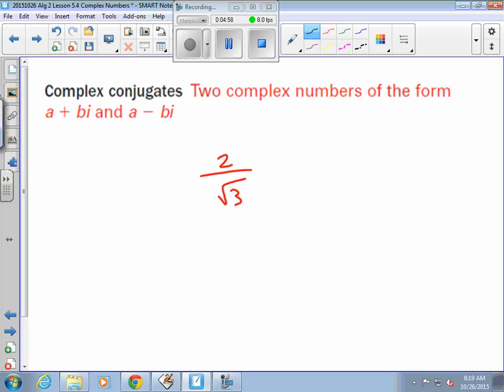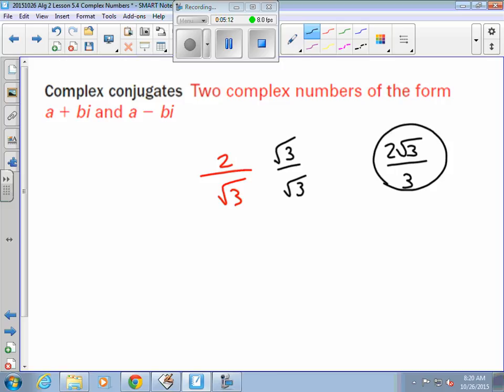We said we multiply by the square root of 3 over the square root of 3. That's rationalizing the denominator. That's the only way to get rid of that. That gives you 2 times the square root of 3 over 3. All we did right there in that part was rationalize the denominator. The reason we're talking about this word conjugates